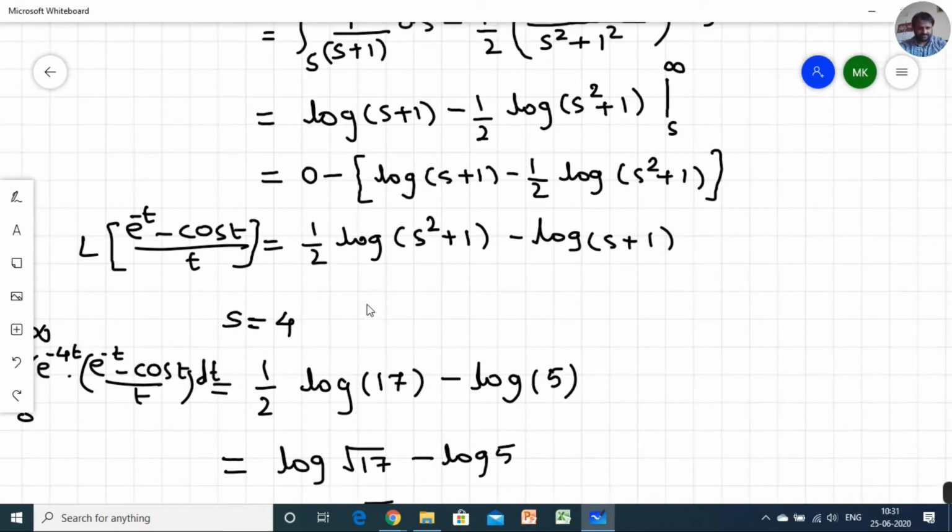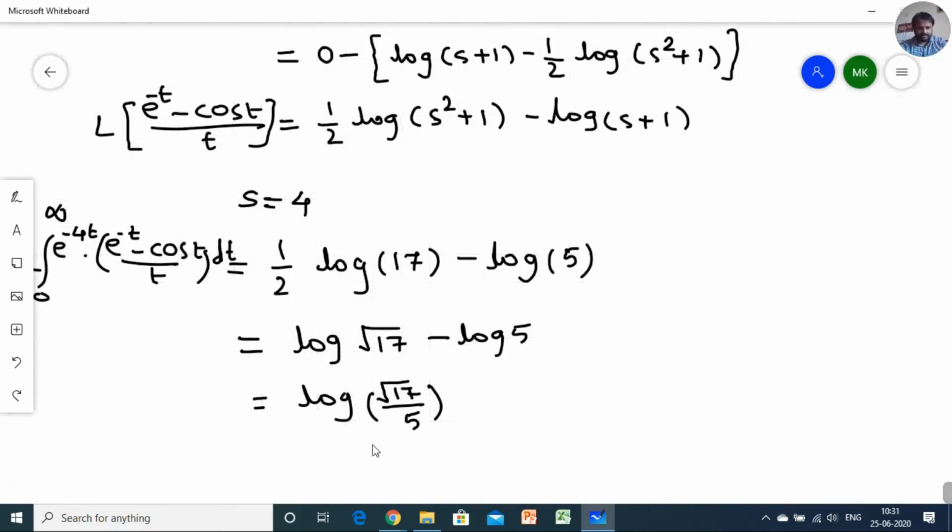While substituting s equal to 4, we got this value, log of root 17 by 5. You can rearrange it using logarithms, or you can keep it as it is and you will get full marks. That is no issue, because we can convert this result using log of a minus log of b, and later convert the root into raised to power half, and at the end you will get the same result. So if you keep this result as well, you still get full marks; no marks will be lost or cut.